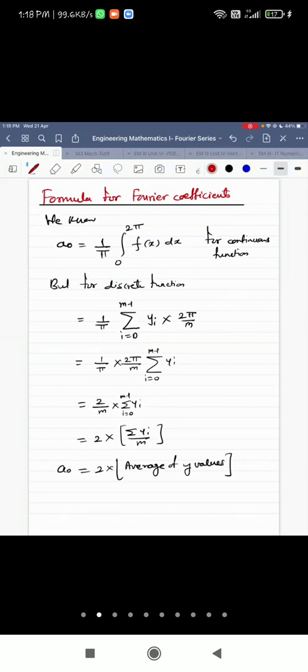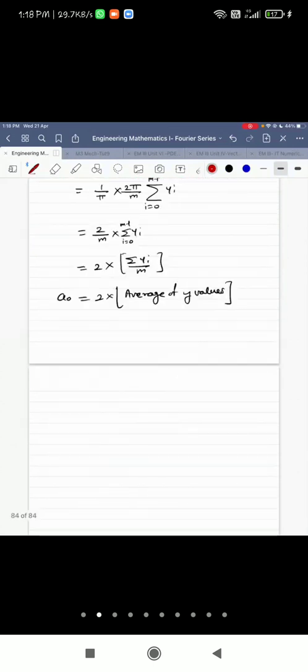Now, similarly, we will derive the formula for an and bn. First of all, tell me whether you have understood how I have derived this formula. So, similarly,